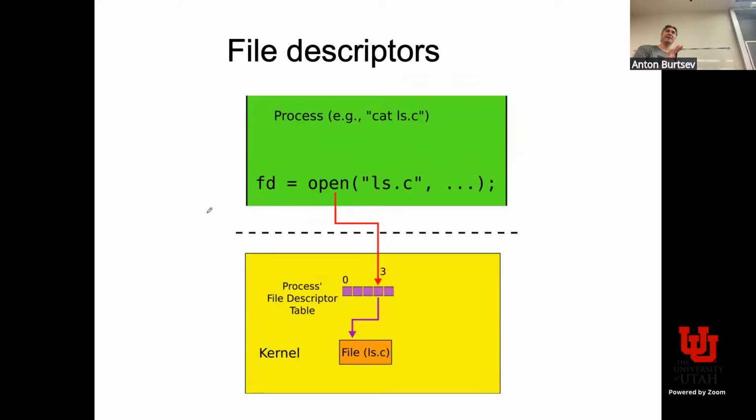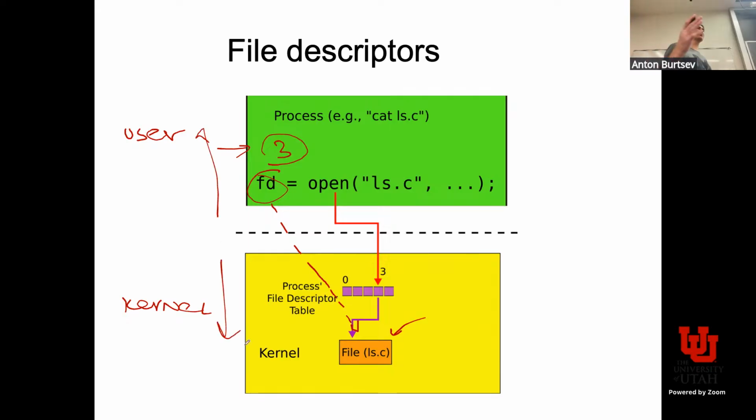Let me explain why this choice actually makes sense. Open returns you a number, like let's say number 3 in this example. This number makes sense at user level. And this is the kernel. The idea is that this number will allow you to refer to the same file in the kernel file data structure later. But you cannot really return a pointer, right? Because those two address spaces are isolated. You cannot use a pointer across the address space boundary. Otherwise, you can implement it, but it exposes you to all sorts of attacks.